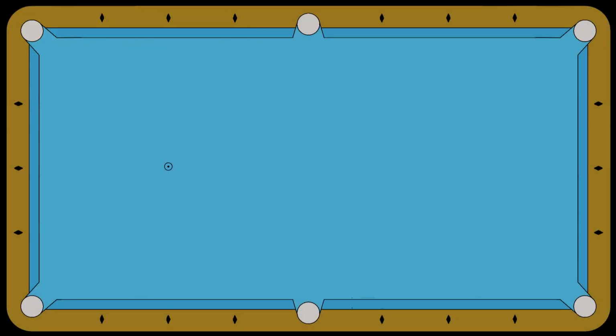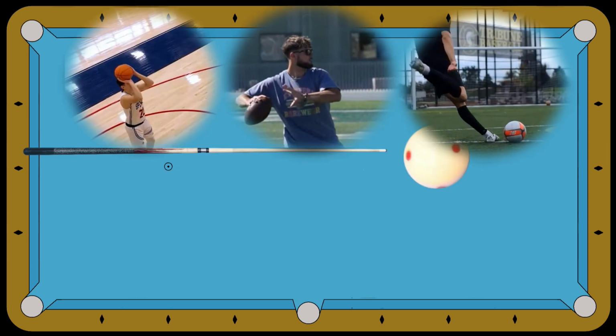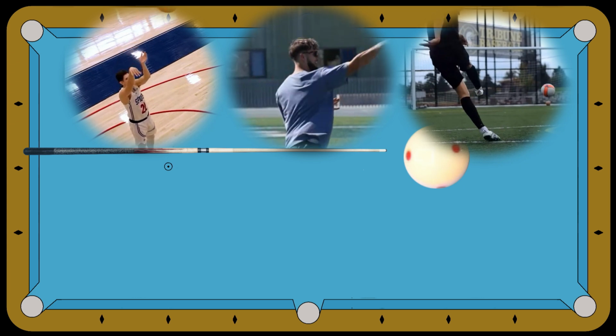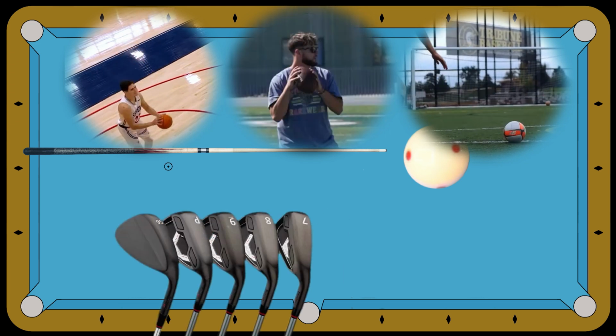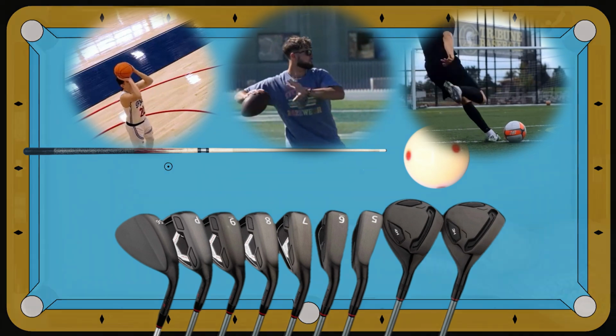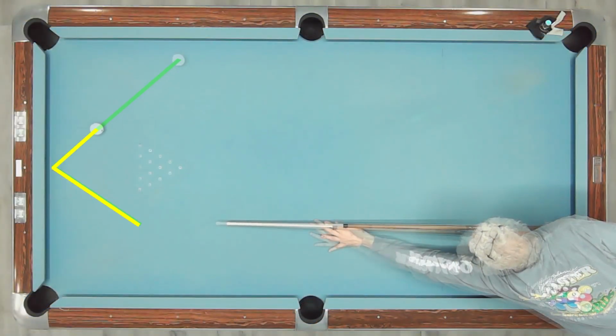The cueing arts are unique among sports in that we use a tool to propel the ball. The speed of the ball in most sports is controlled by direct contact. Golfers use a tool to strike the ball, but they use clubs with different mass for distance control. In pool, the force we apply affects the speed of the object ball, but most importantly, it affects the distance